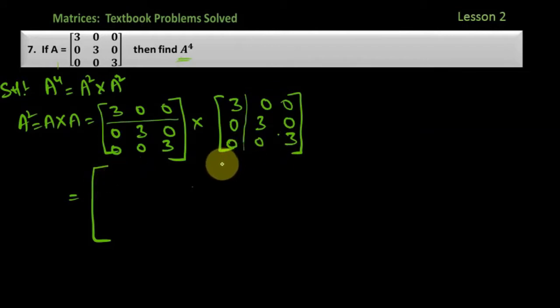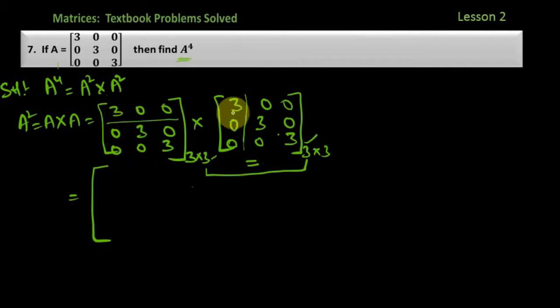Okay, now before that you should check the order of these matrices. The order of this matrix is 3 cross 3 and this matrix is also 3 cross 3. So when is it possible to do multiplication on any two matrices? The number of columns of the first matrix should be equal to the number of rows of the second matrix. The first matrix's number of columns is 3, and the second matrix's number of rows is 3. So both are equal, therefore multiplication is possible, right? So now we can multiply.